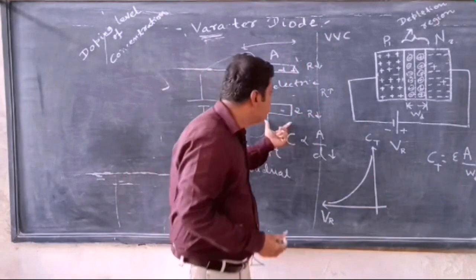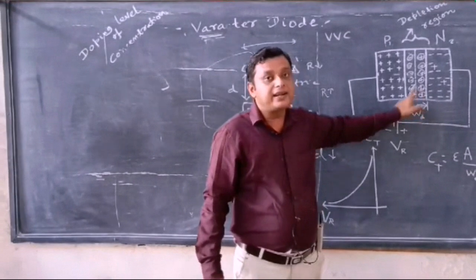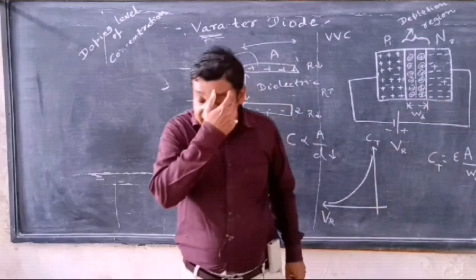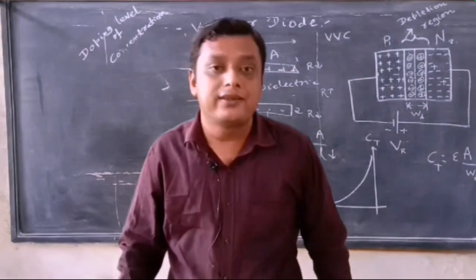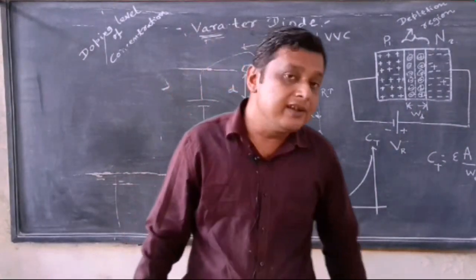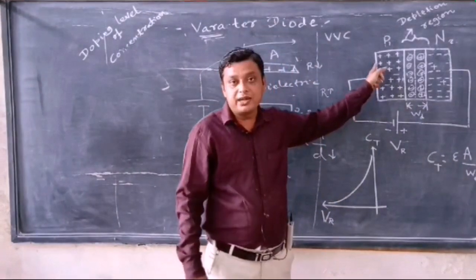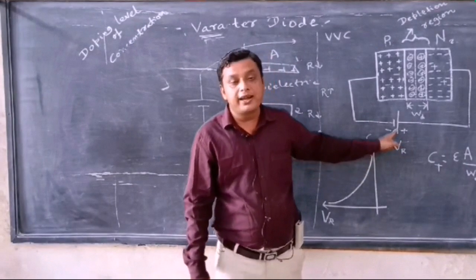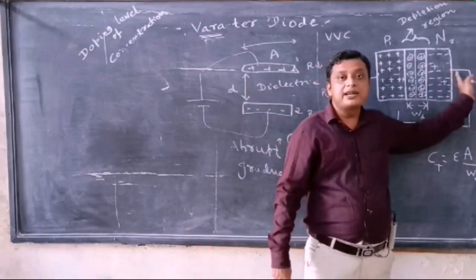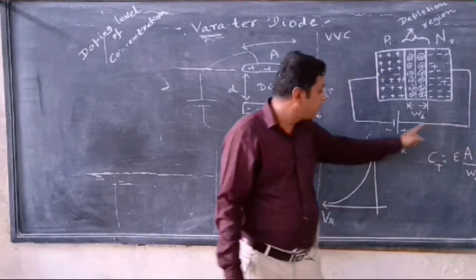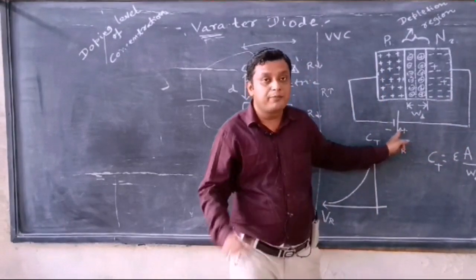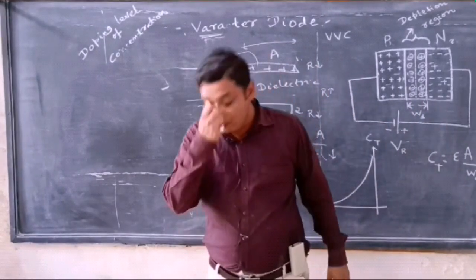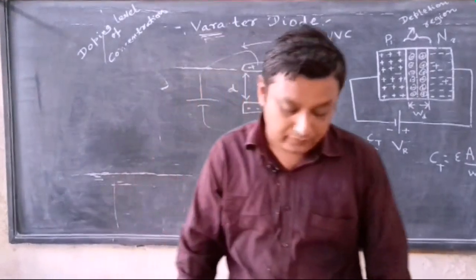of capacitance. So in this varactor diode, what happens? This varactor diode is connected under the condition of reverse bias. In a reverse bias condition, we know that P-type semiconducting material is connected with the negative terminal of the external applied battery. N-type semiconducting material is connected with the positive terminal of the external applied battery. So this connection is known as reverse bias connection.